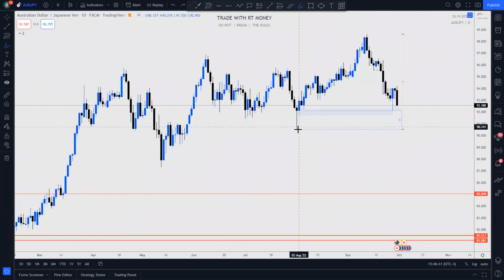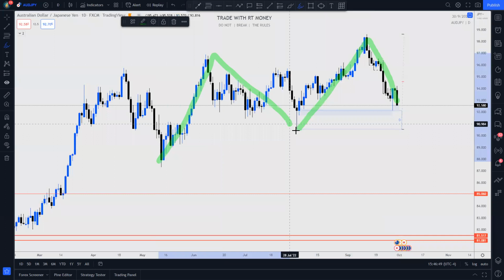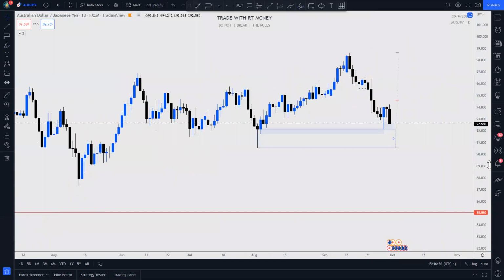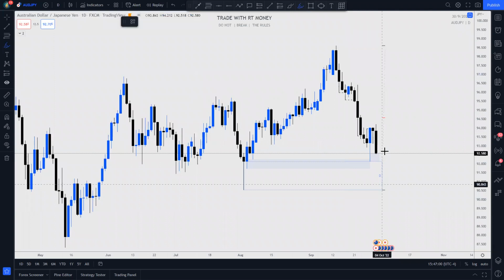In this sequence here, we have an impulse and we have a correction. Just like this. Impulse, and a correction, and then a new impulse. That's what we're waiting on. What we're trying to do is look for the area where price will make the higher low, the higher time frame higher low. This could quite possibly be it. Why would this be it? Because here,